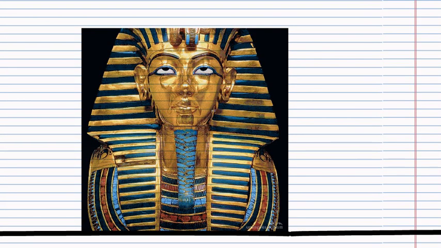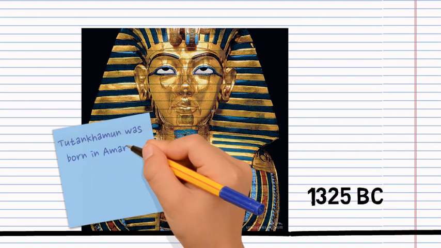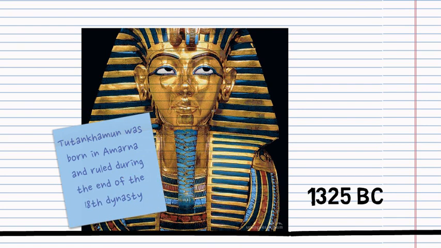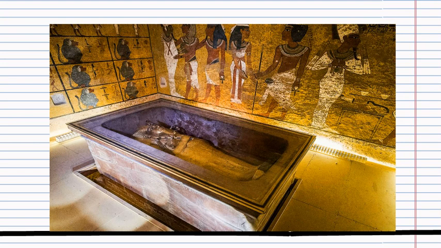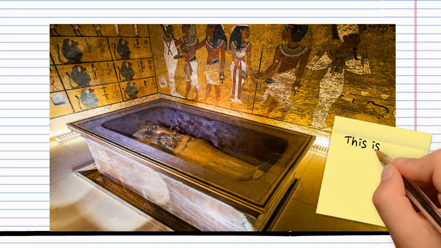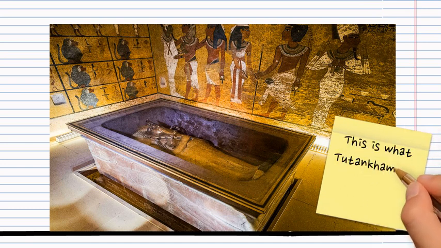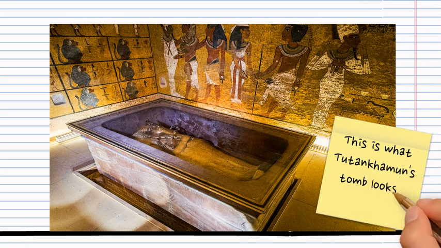Now we're talking. Everyone knows who this is. And the year is 1325 BC, nearly 3,500 years ago. It's Tutankhamun, the most famous of all pharaohs of Egypt. He became a pharaoh when he was just 9 or 10. That's only a bit older than I am now. Yes, he did, and he died when he was about 18 years old. He's so famous because his tomb wasn't found by grave robbers and remained undisturbed for thousands of years, until 1922, when it was discovered by accident. We know so much about him because of his tomb.